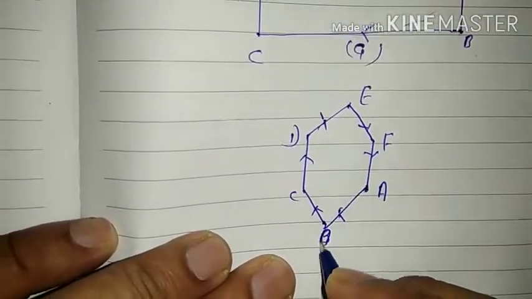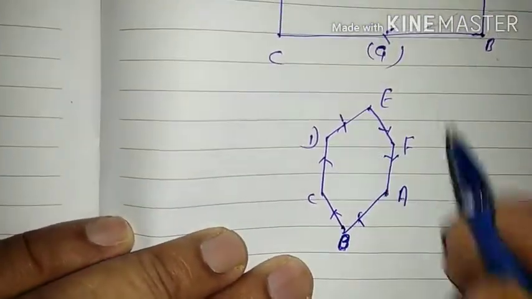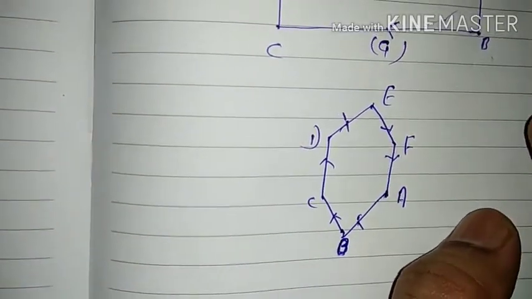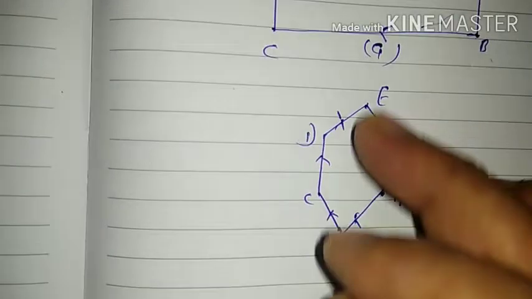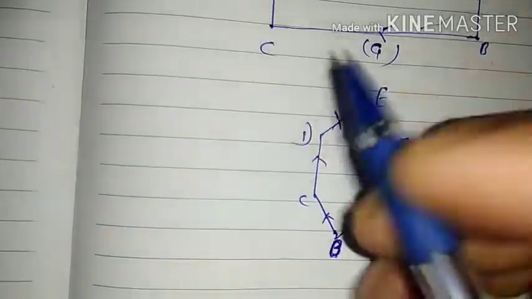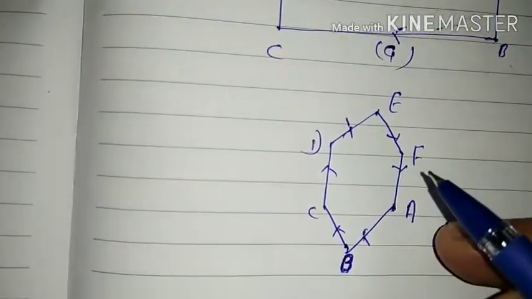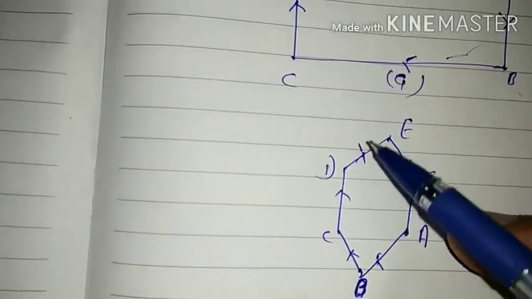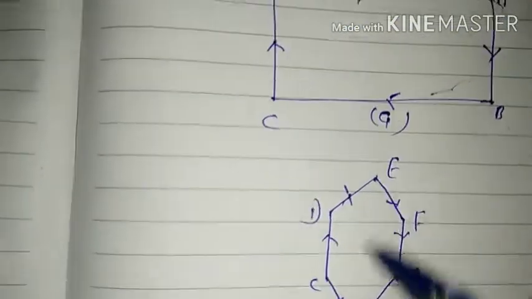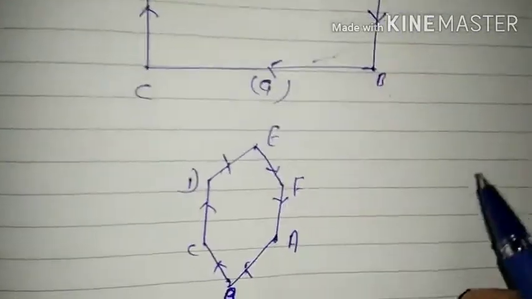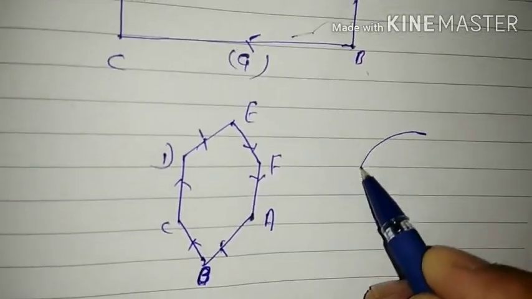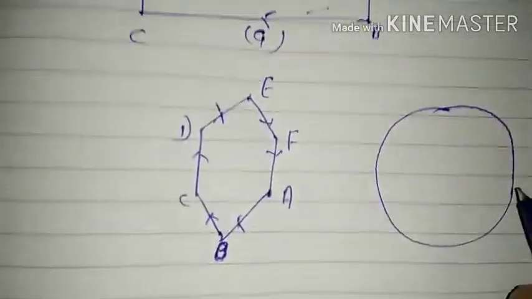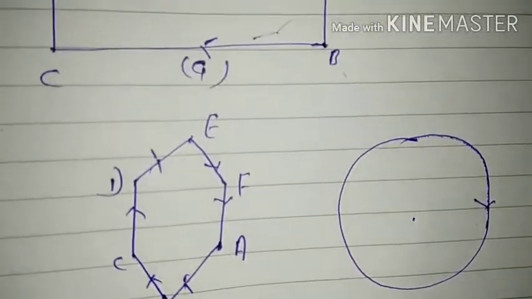So here what we see, the object changes its direction 6 times. Similarly, if we increase the number of sides, then the object changes its direction as many times as the number of sides of that enclosed path. But if an object travels on a circular path, then